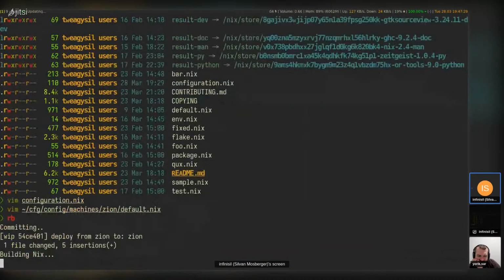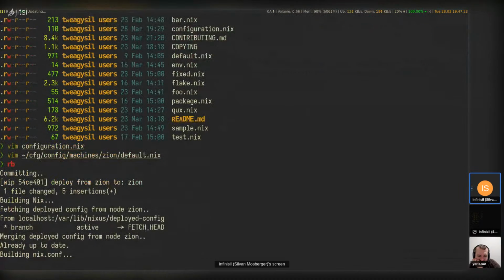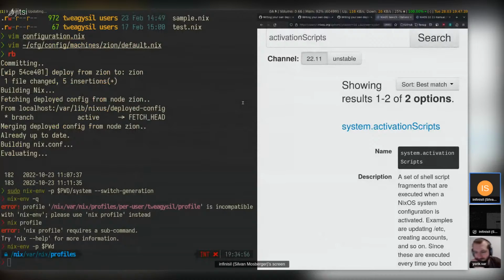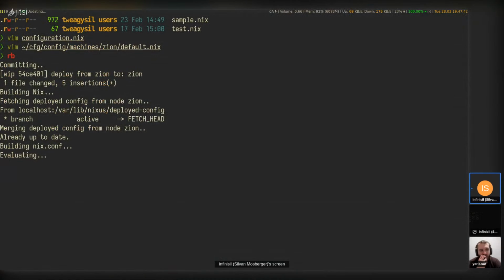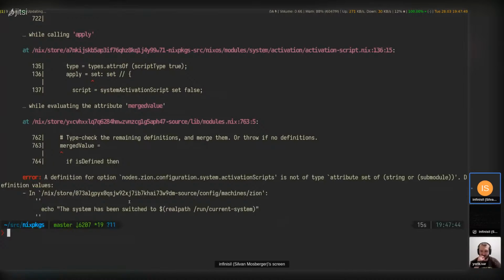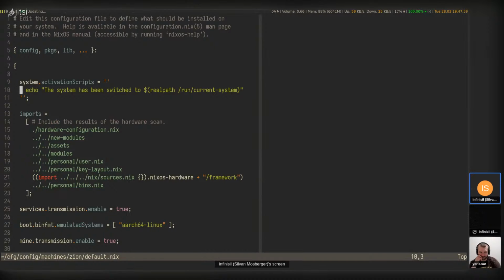So I'm going to call my custom rebuild script here called RB. Does a bunch of things. Evaluating. Oh, okay, we got an error that's relevant. I thought my configuration was broken. So we have the wrong type. That's fair. It's an attribute set of strings or submodules. So let me actually fix that. The activation scripts need to be named. So I'm going to call this